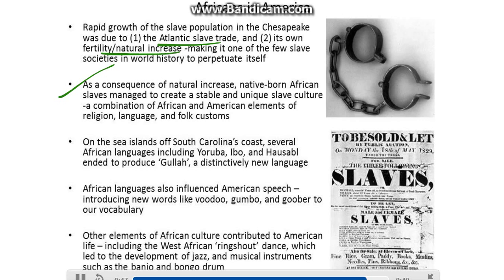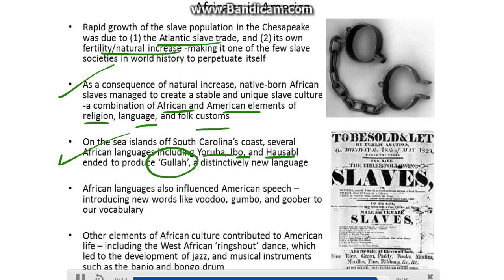As a consequence of natural increase, native-born African slaves managed to create a stable and unique slave culture, a combination of African and American elements for religion, language, and folk customs. On the Sea Islands off South Carolina's coast, several African languages, including Yoruba, Igbo, and Hausa, blended to produce Gullah, and